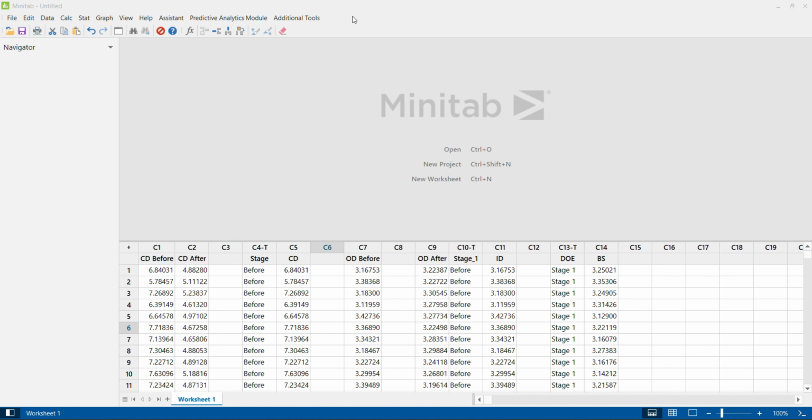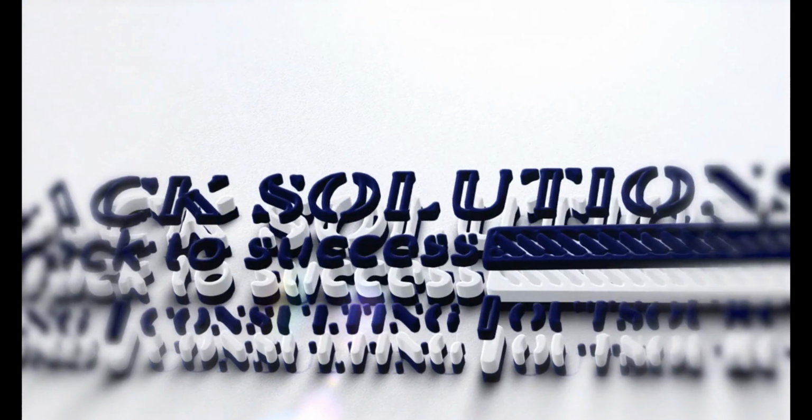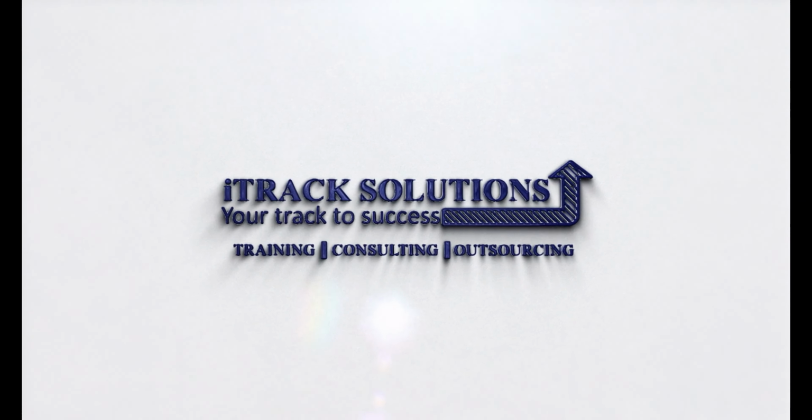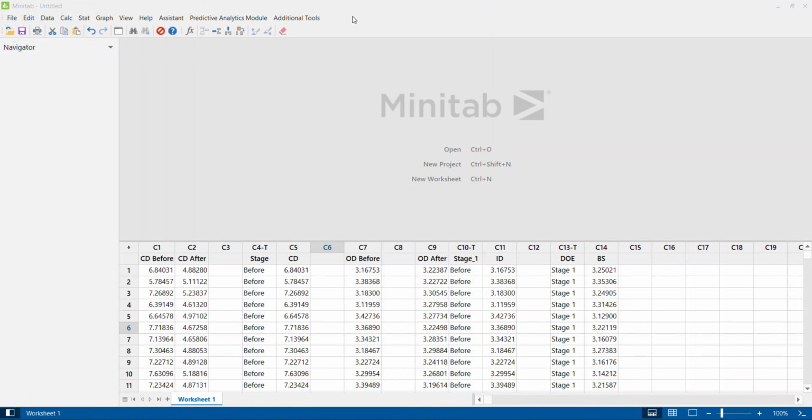In today's video, we will understand how Minitab can be used to plot a particular metric control chart in multiple stages. Let's get into the video. As I was explaining,